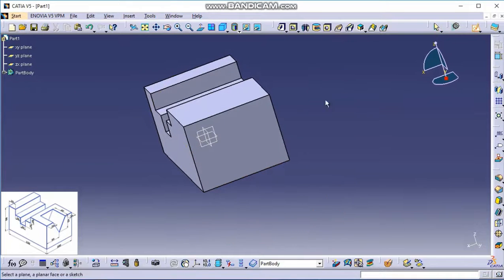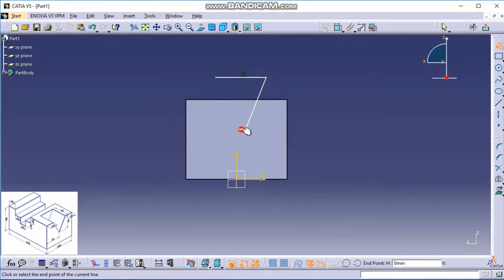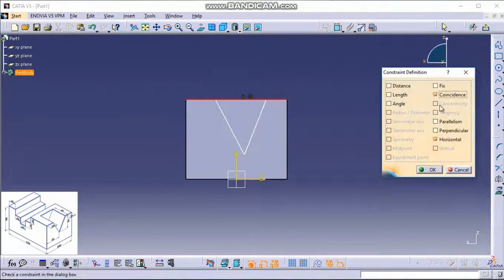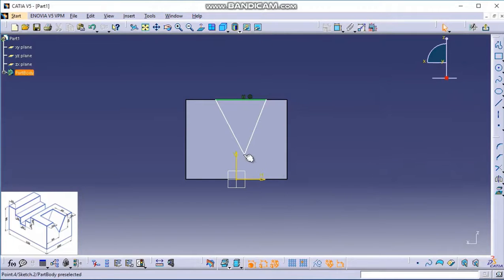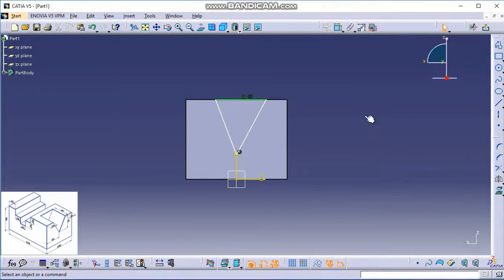Now we'll take sketch, this face, and create the triangle. Now we'll take this line and this edge, coincidence. Now we'll take this point and vertical, coincidence.